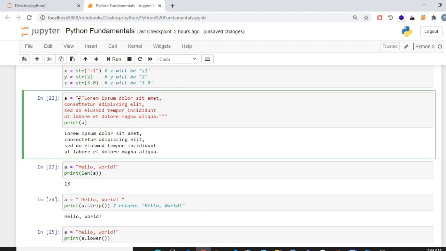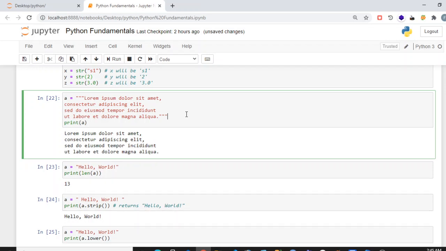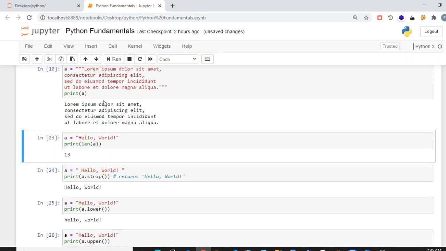Then we can assign multi-line values. The first way was like a is equal to this way, but this was used for single line values. If we want to use multi-line values, then we can use three inverted commas. Inverted commas can be either single or double, it doesn't matter. So that's how we can assign.